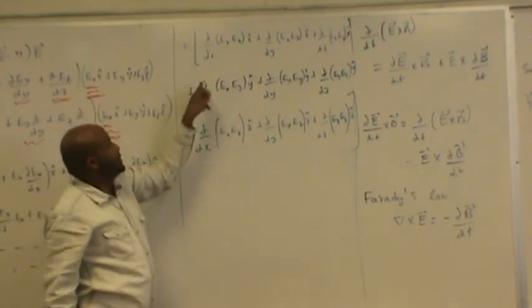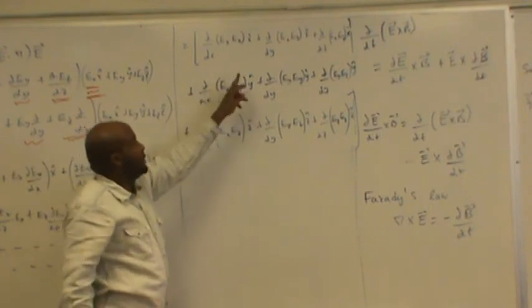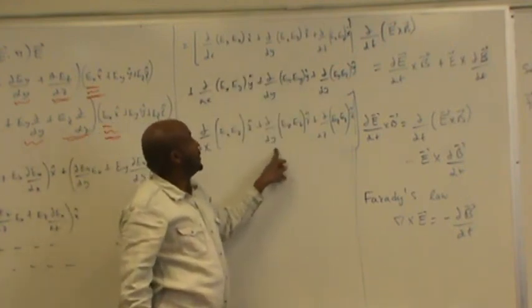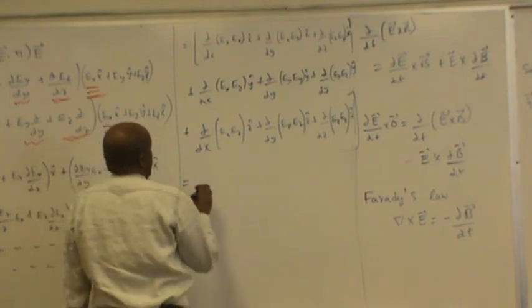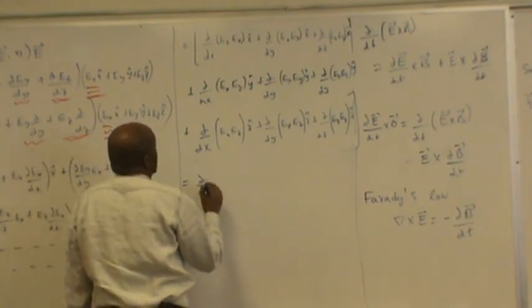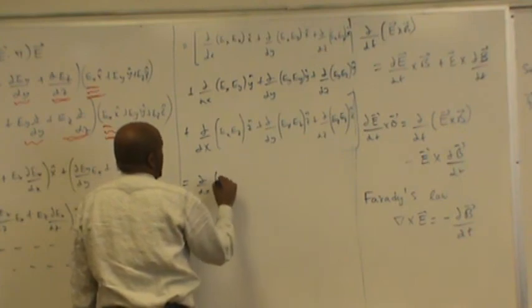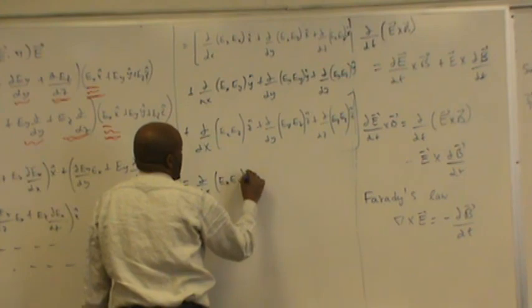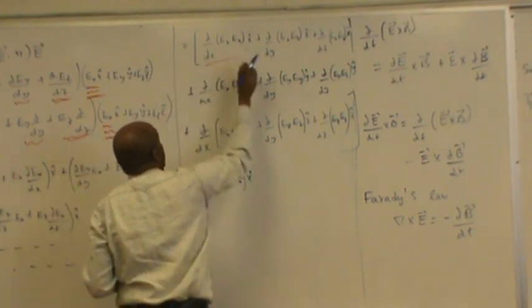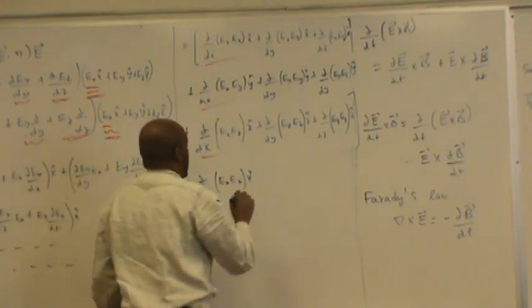So if I write these three first, and then this second, and that third, I would have d by dx of Ex x hat. So I'm considering this plus